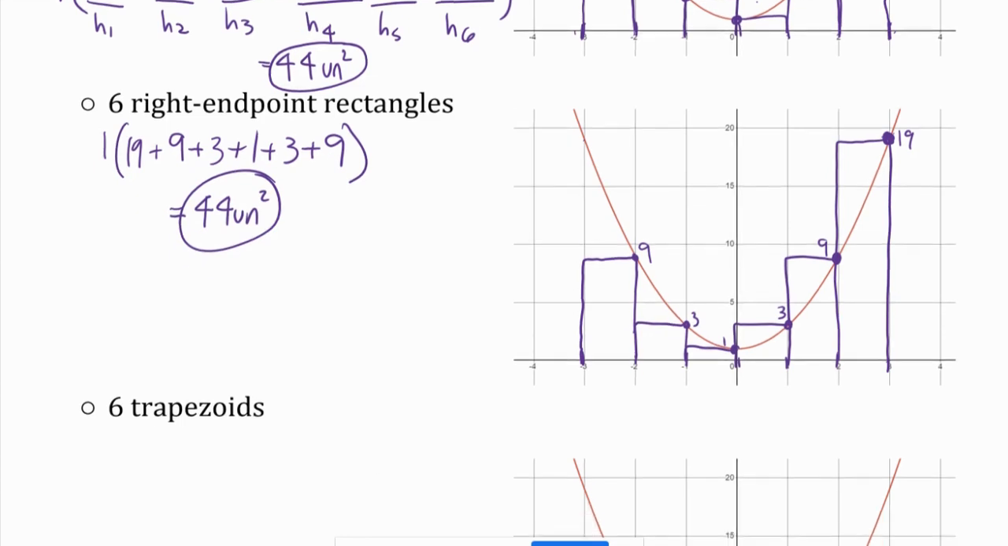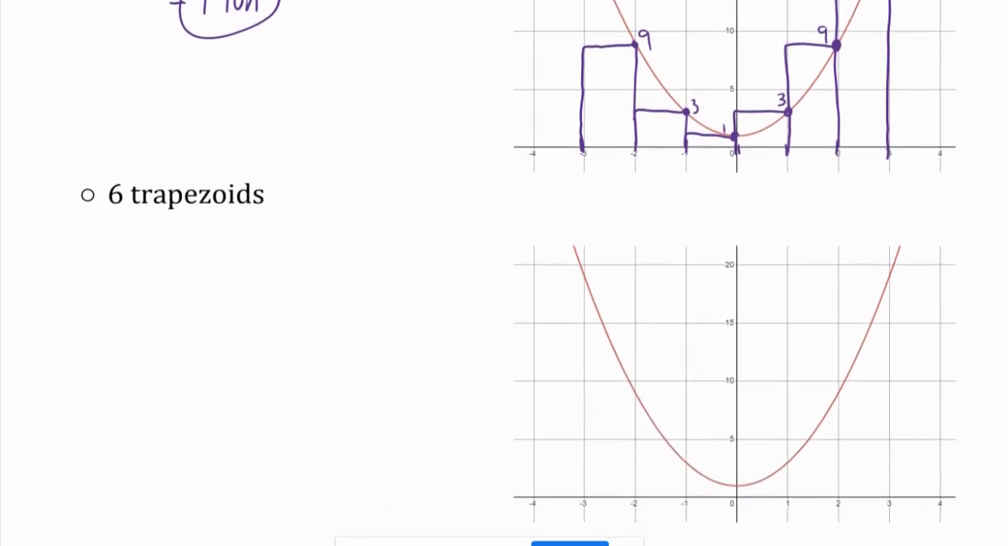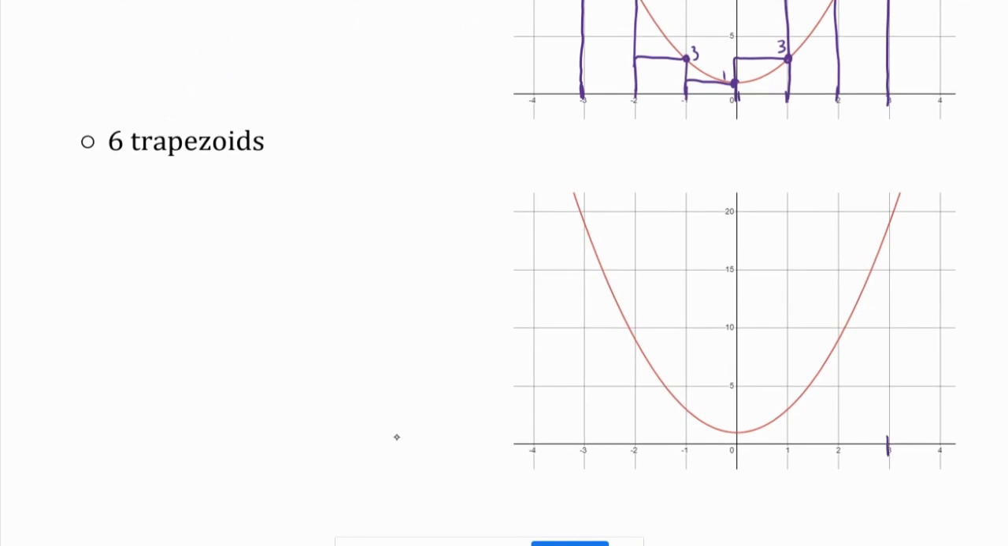Then I am going to do trapezoid. So trapezoid, -3 to 3, I still have widths of 1, but trapezoids are different because now I use the left and the right hand side. So I'm going to go up from the left and then from -2, and that, when I connect them with a straight line, is my first trapezoid. And then from -2, I already have that point, and then I go up from -1, connect those 2 points,